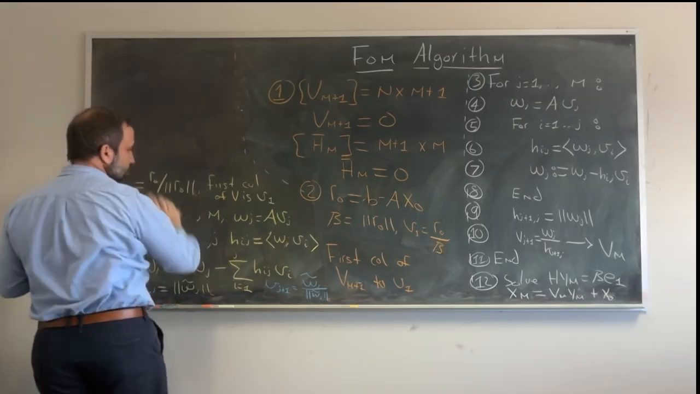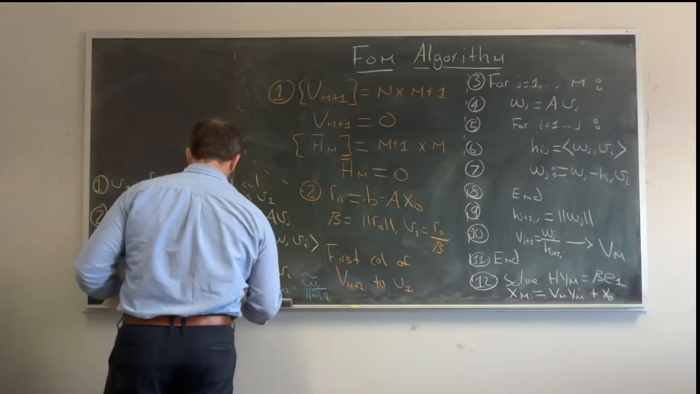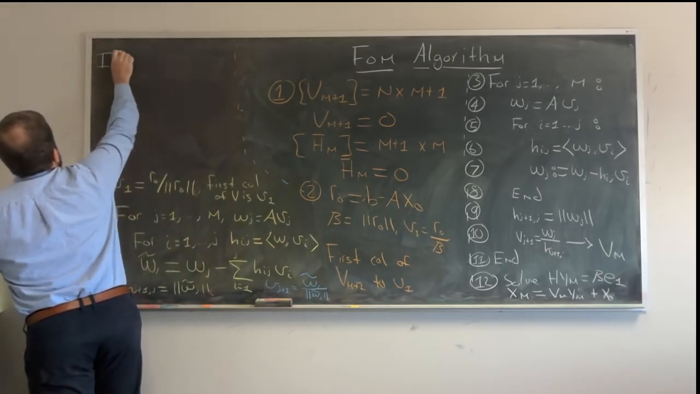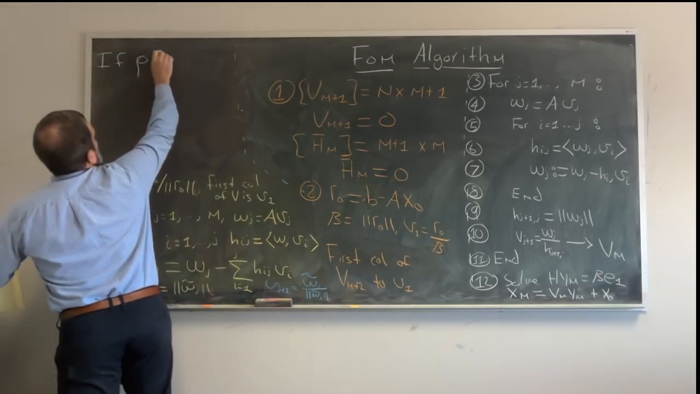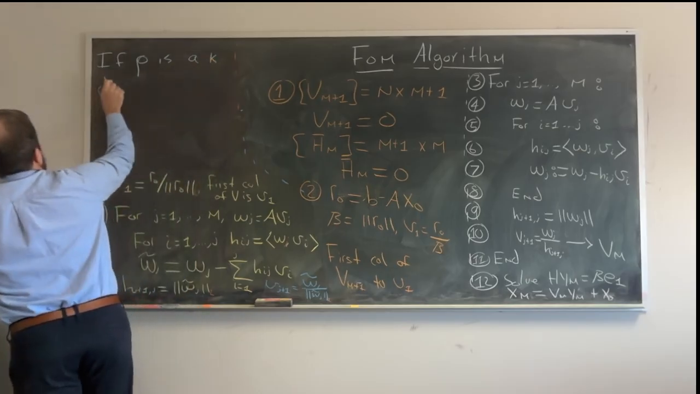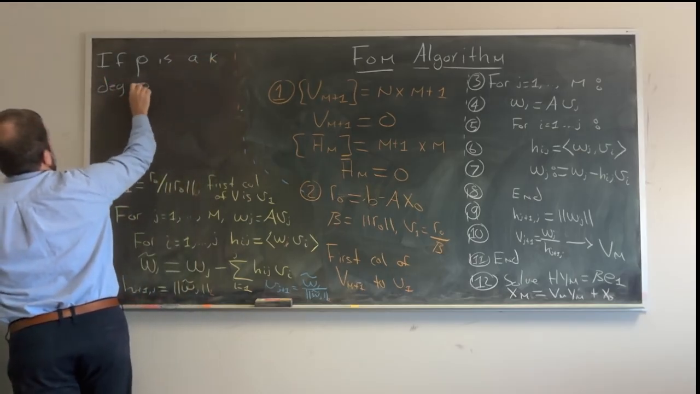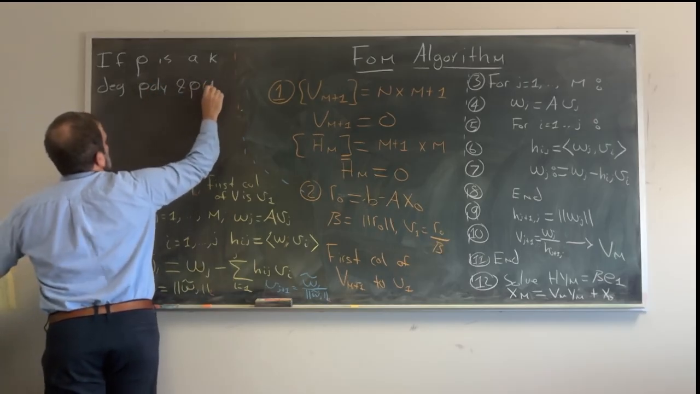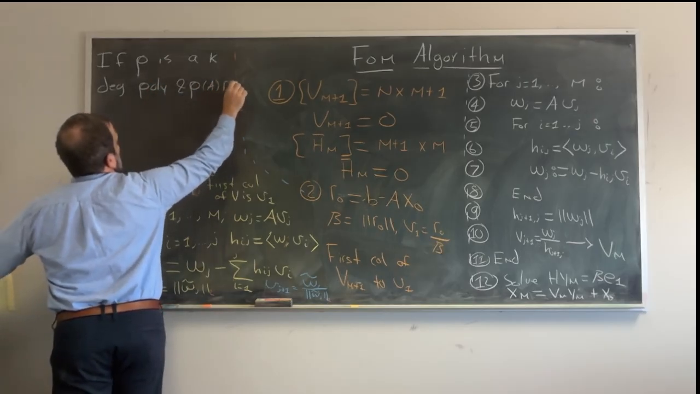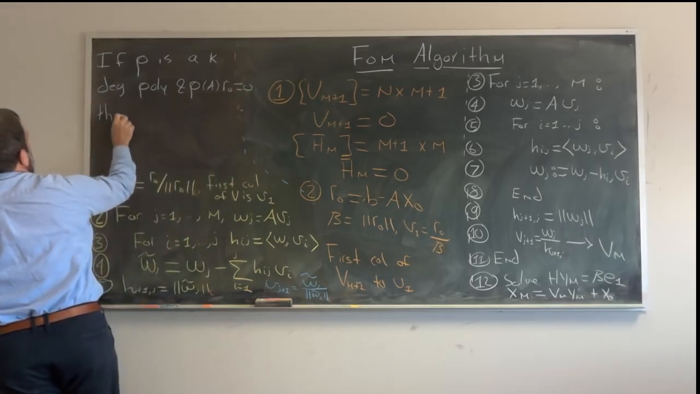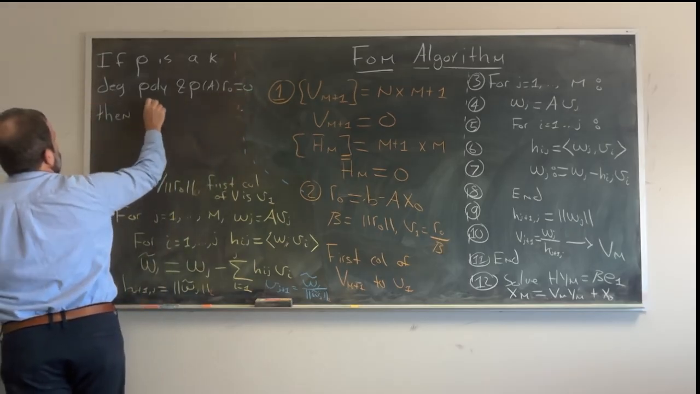It's actually not a danger. It's kind of a good thing. If P is a k degree polynomial, and P of A times r naught is equal to 0, then what we're going to have is